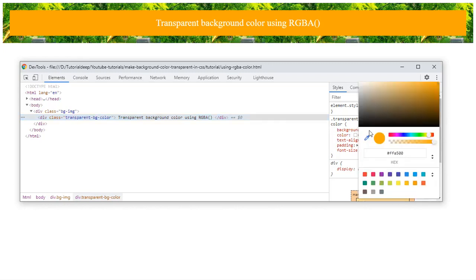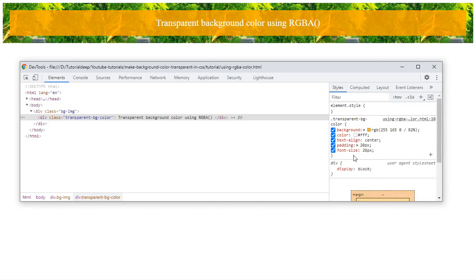Now change it to RGBA. Click this to change to RGBA and move that to make it transparent. As a result, you will get the transparent background here.